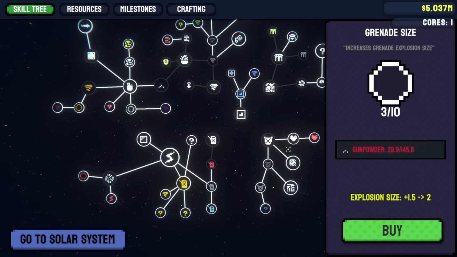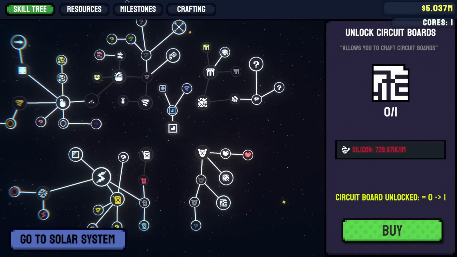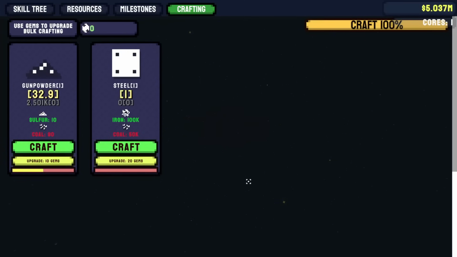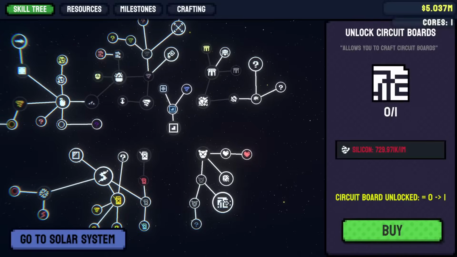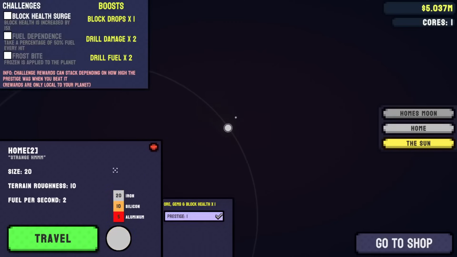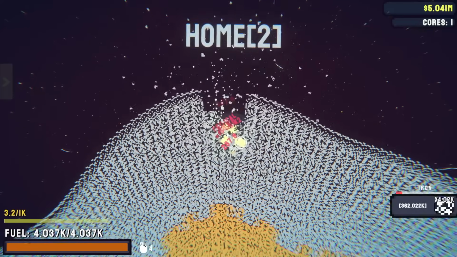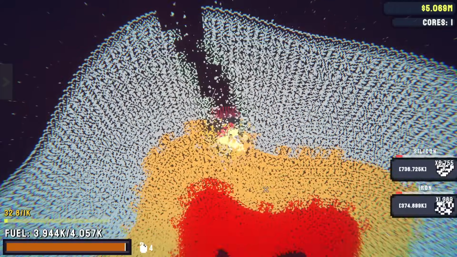So I guess we are going to just go into the grenade size, at least to some degree or another. We already have 729,000 silicon, so let's see if we can just get some more. So we'll go back to home and farm some more silicon. It's not aluminum, so we can do prestige 2 here then. Oh, should I have checked... I wonder if I should have checked the challenges, which I feel like I still...